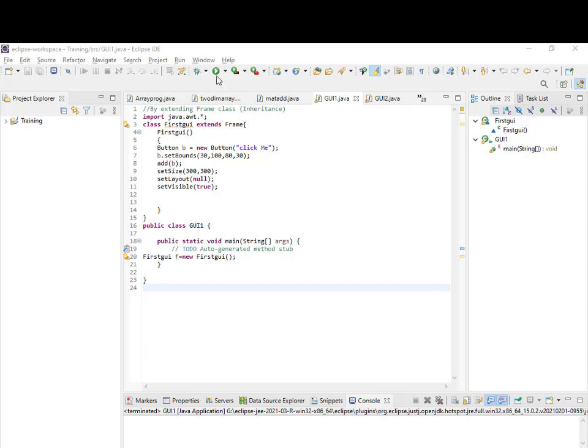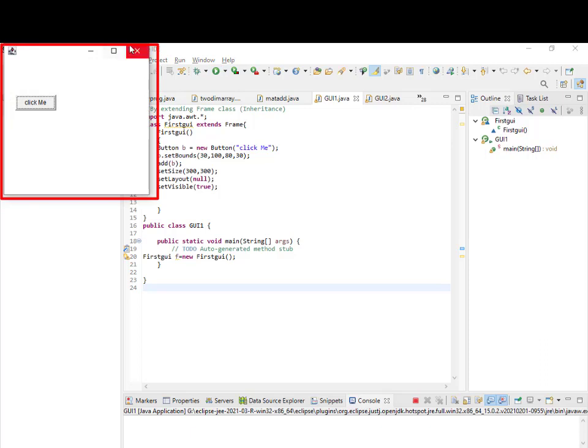So when I execute this particular code, you can see that you are getting a frame along with this particular button. When I click on this button, nothing actually happens. This is what I was trying to tell you, because this program is simply creating a GUI application.